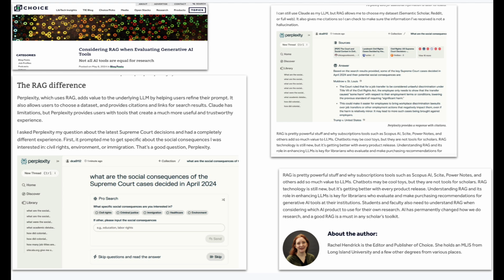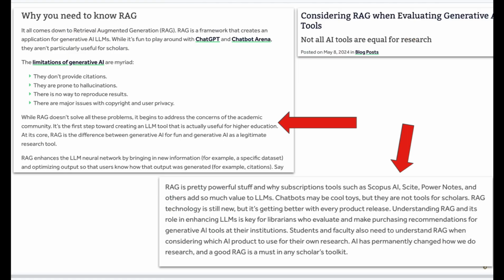Now, although Claude doesn't go out and search the web and may not be as up to date as all that, when you suggest in Perplexity the corpus, for instance, Supreme Court cases, you're going to get the answers that you want because you are controlling where the bot is searching or where the bot is pulling from and making the connections. So there are a lot of limitations to generative AI, but RAG is pretty